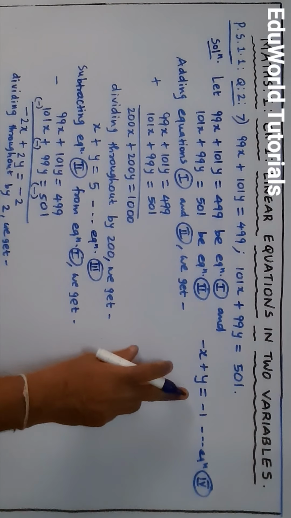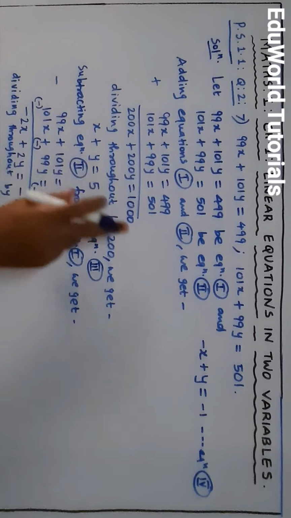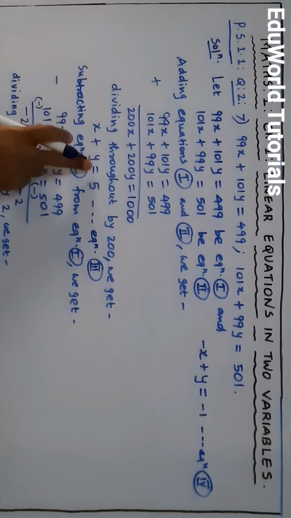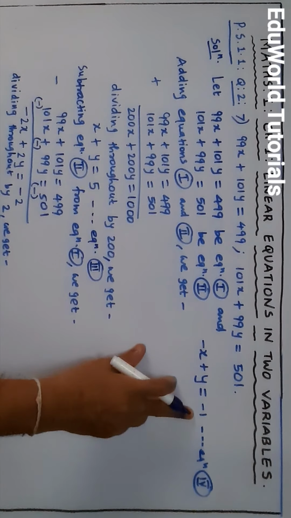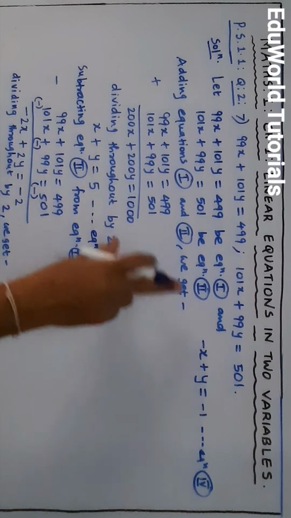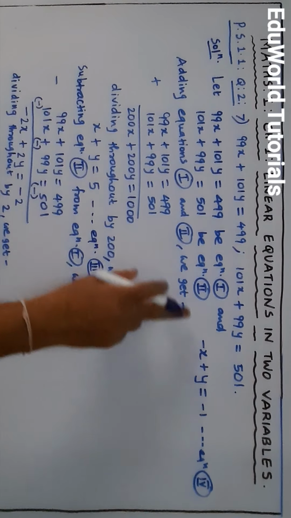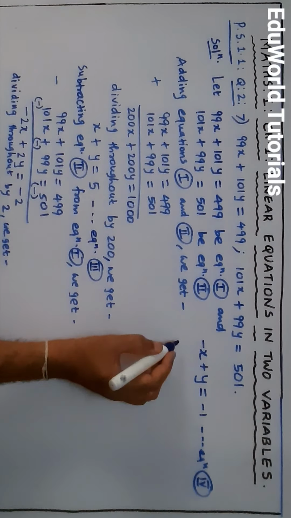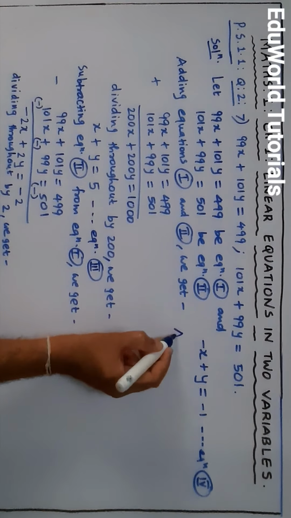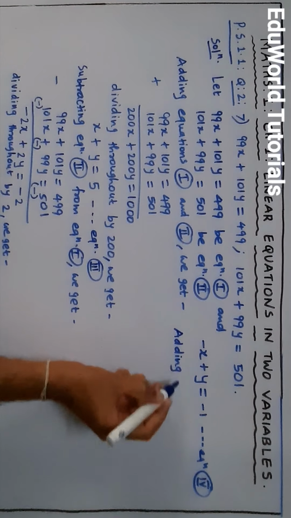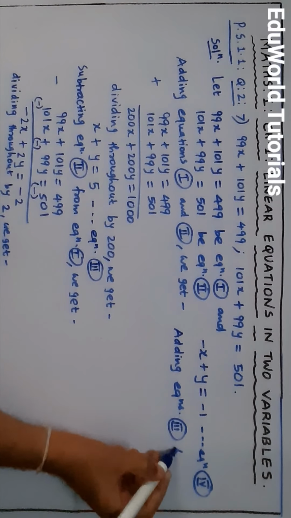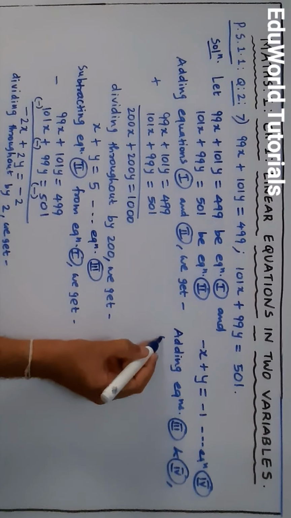Now we are just supposed to solve equation 3rd and equation 4th, the reduced form of the equations. Observe them carefully. x plus y is 5, minus x plus y is minus 1. We know that on adding the two equations, the first terms minus x and plus x will get cancelled because the sum of opposite numbers is 0. So immediately we get the idea and accordingly we'll write. What will we write? Now adding equations 3rd and 4th, we get.